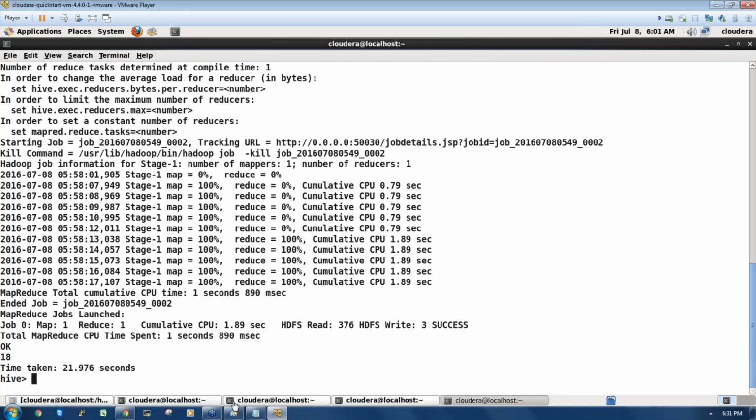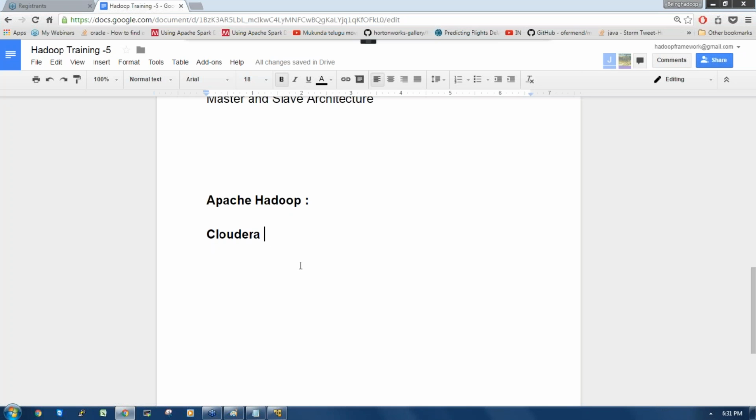You can use Cloudera Hadoop, right? They are giving Hadoop in the form of CDH. The recent version which is available is 5.7, CDH 5.7. In CDH 5.7, Hadoop is available. The Hadoop recent version is 2.7.